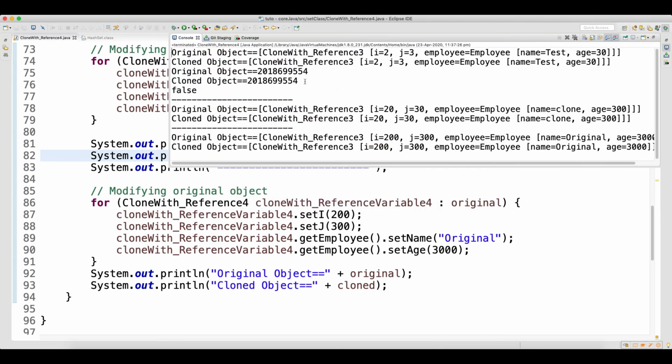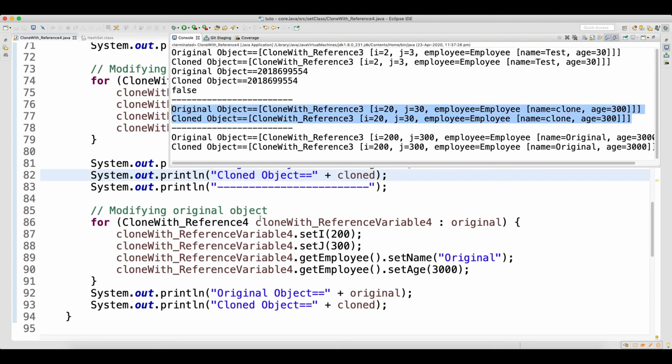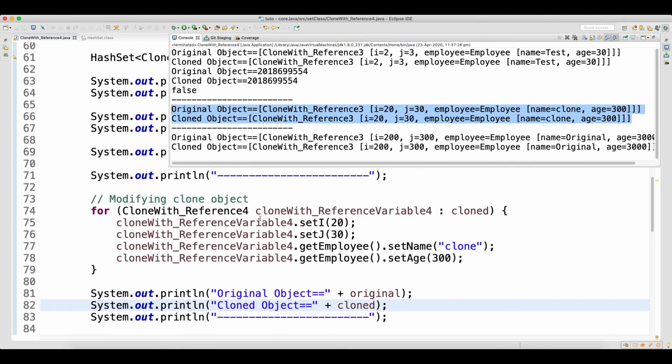Okay, so look here, till here we were clear, right? Now what happened is, when you modified the cloned one, you can see that your original one also got modified. In the clone, what you modified, the id 2030, got modified in both, and the name you changed to clone, both became clone, and the age is 300.